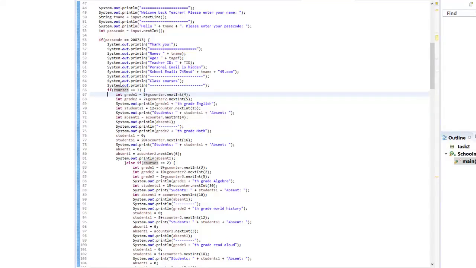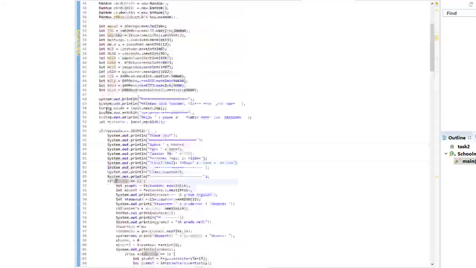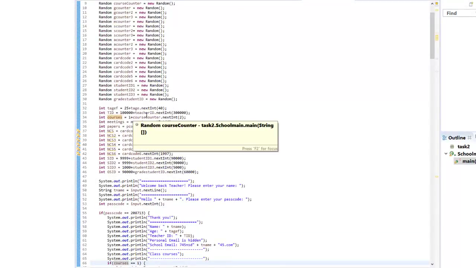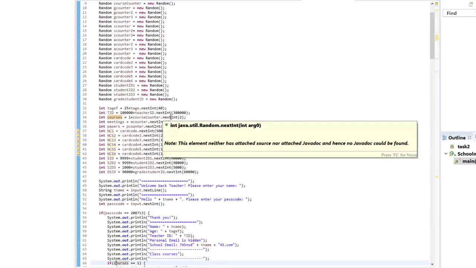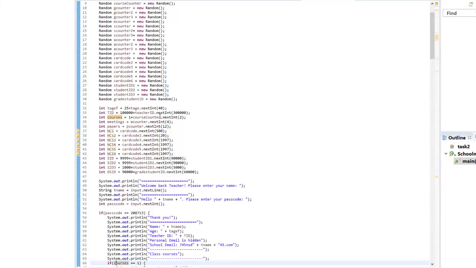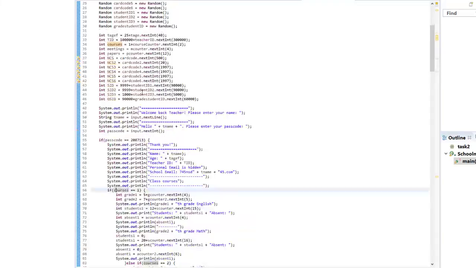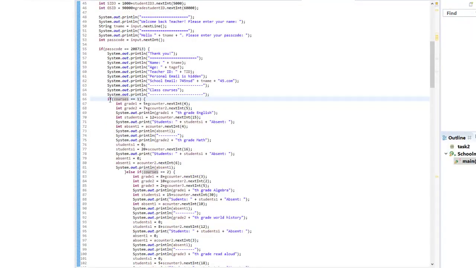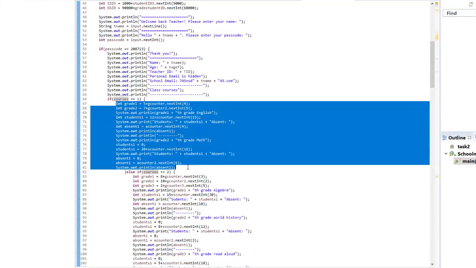You see, courses is another random number. If I go up here, courses is equal to 1 plus course counter dot nextInt 2. Meaning you can either have 1 course or 2 courses. Well, the course counter. If course counter is equal to 1, it executes the if statement, meaning it will execute everything here, which is